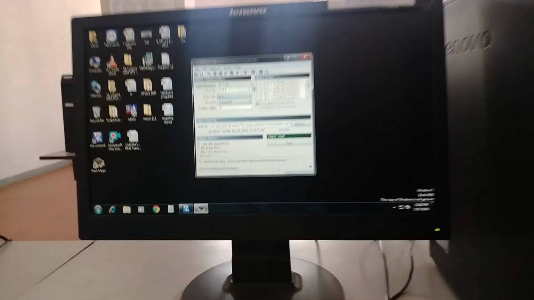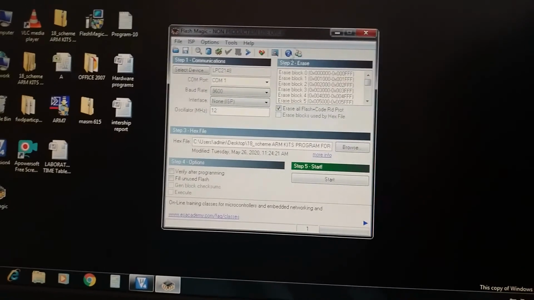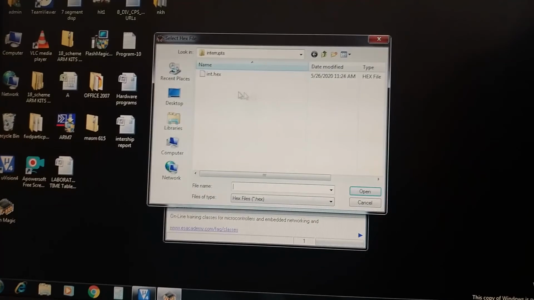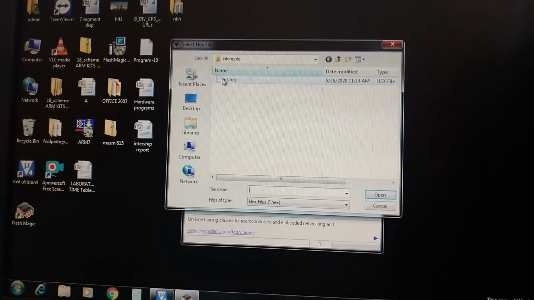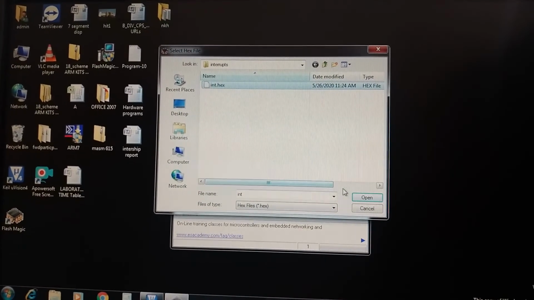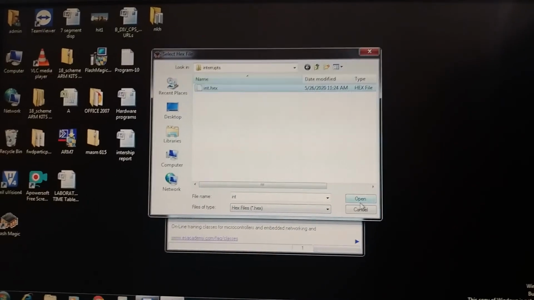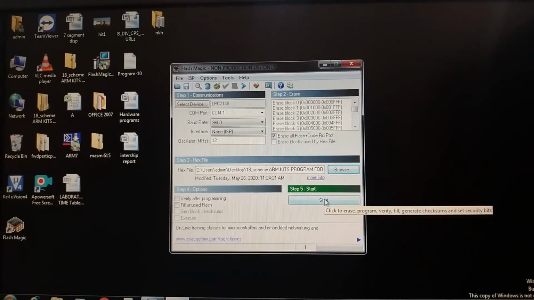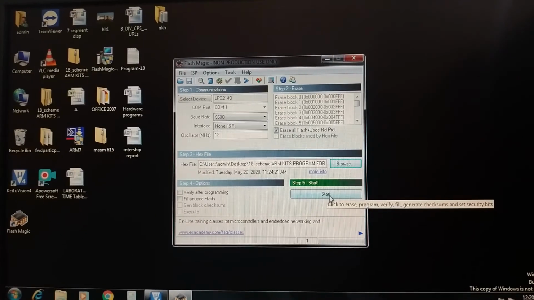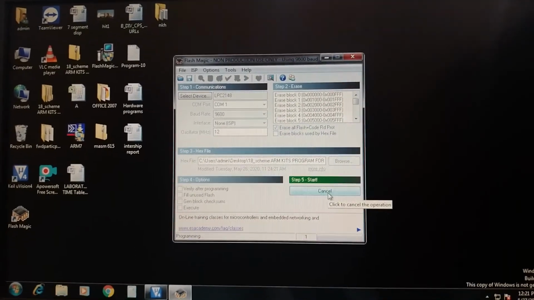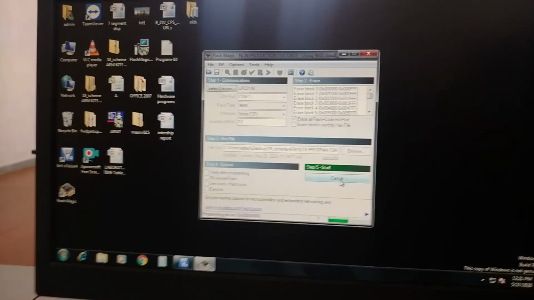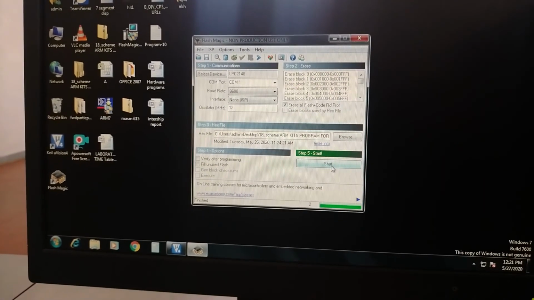Then you select browse, select the interrupt toggle LED on and off program, and open it. Then dump all the code into the embedded system.